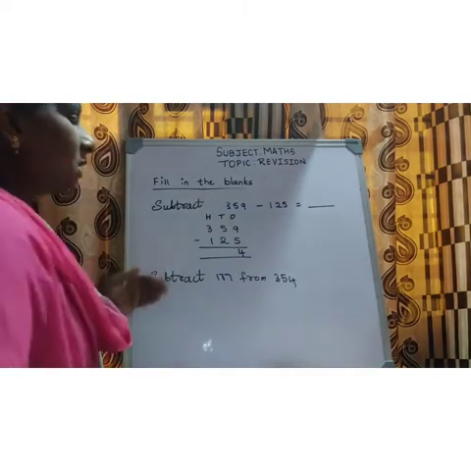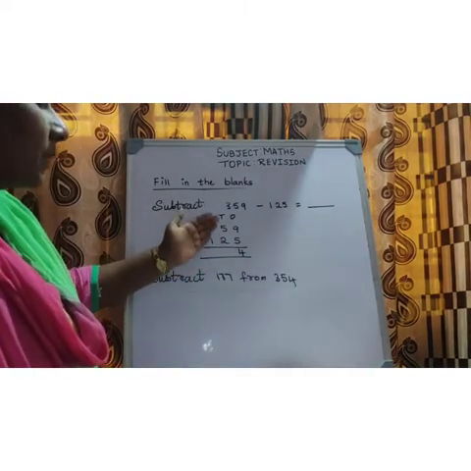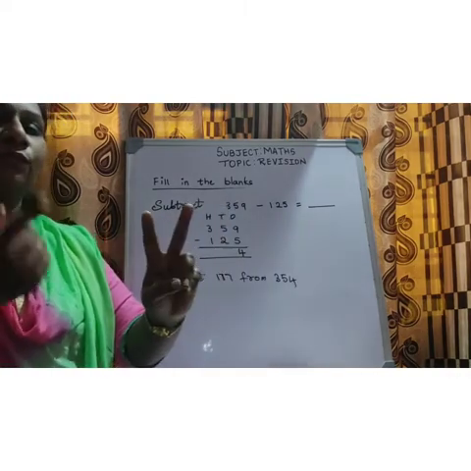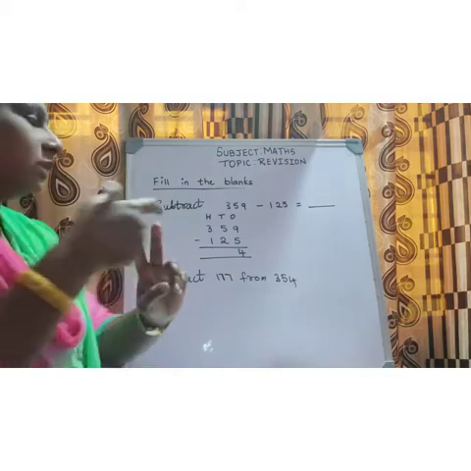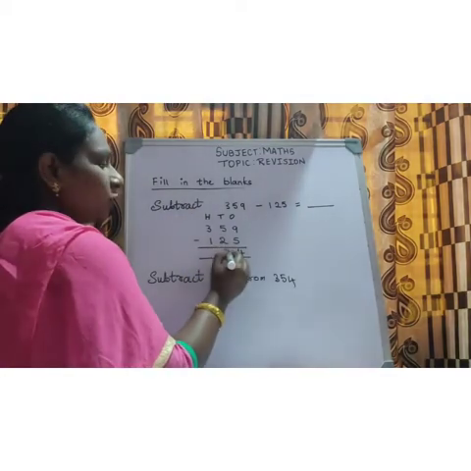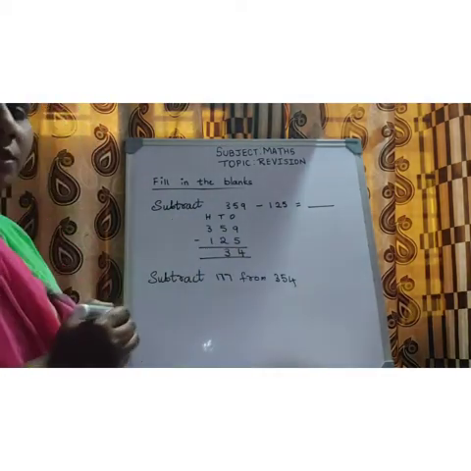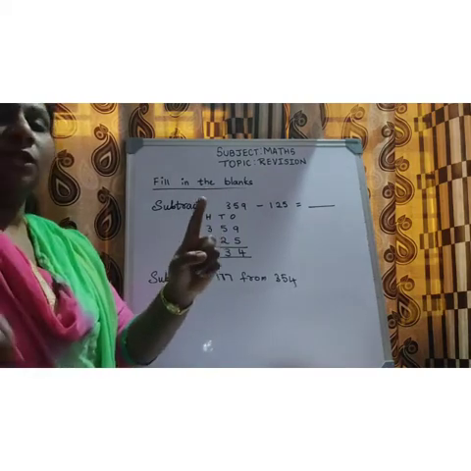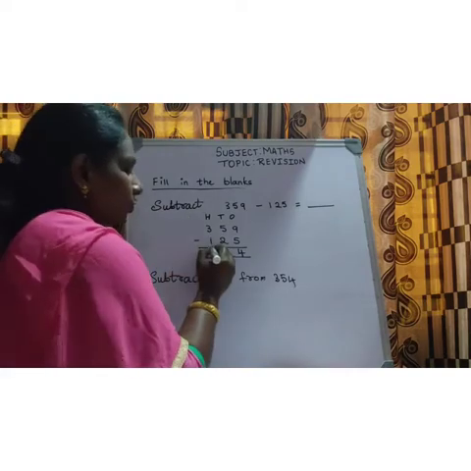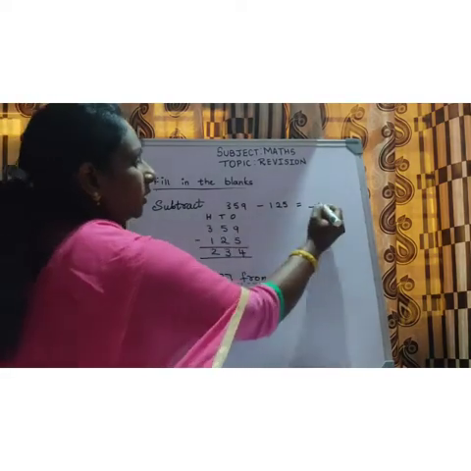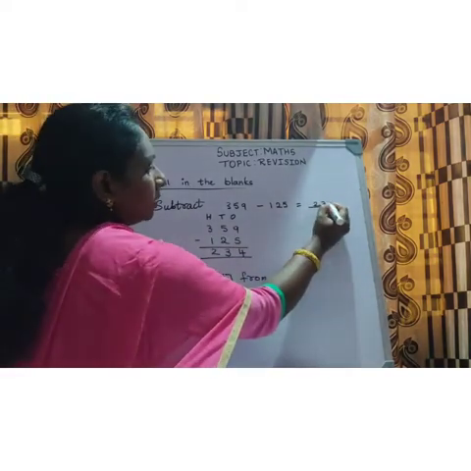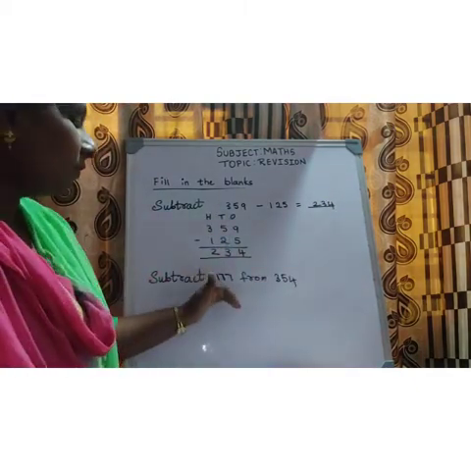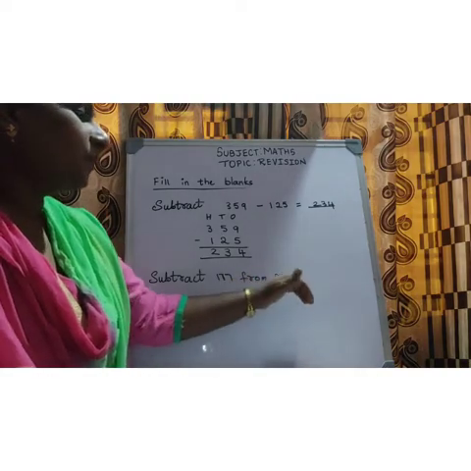Right here 4. Same way, now we have to subtract the numbers in the tens place. 5 minus 2. 5 in your mind, 2 show it in your finger. Before 5: 4, 3. So 5 minus 2 is how much, children? 3. So 3 minus 1. 3 in your mind, 1 show it in your finger. Before 3: 2. So the answer is 234.